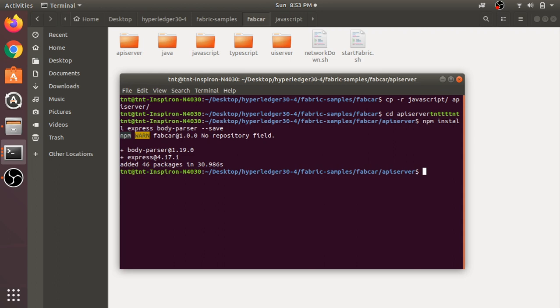Next we can start our server. In order to start the fabric, we need to run start fabric.sh, and if you have not permanently set the path of Go, then you have to set the path, otherwise it shows some errors. Otherwise you have to start with the start fabric JavaScript.